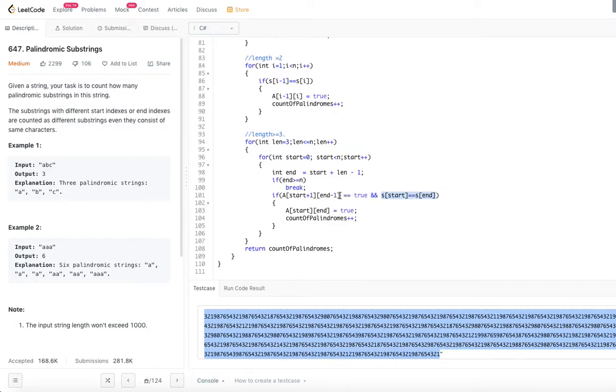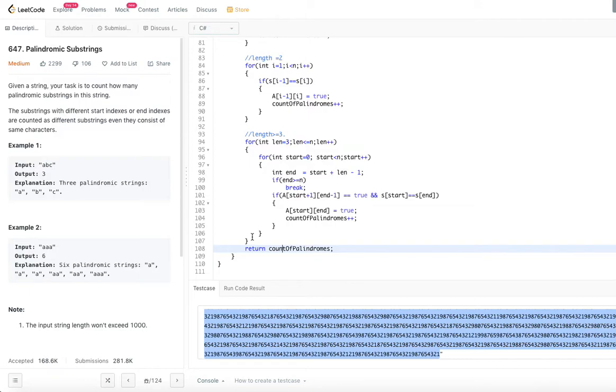This one is, instead, we are referring back to our array where we stored start plus 1 and end minus 1. That is the string in between the start and end. If that is a palindrome, which we check whether it is true, then we say start to end is a palindrome and the count increments. So that's how we increment the count of palindromes when these two conditions are met. So finally return the count of palindromes, right? So this is how the code is going to look.